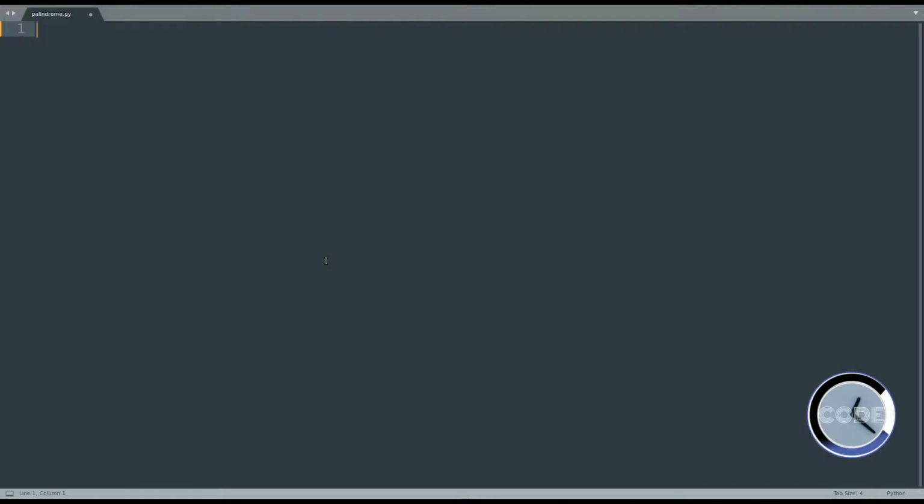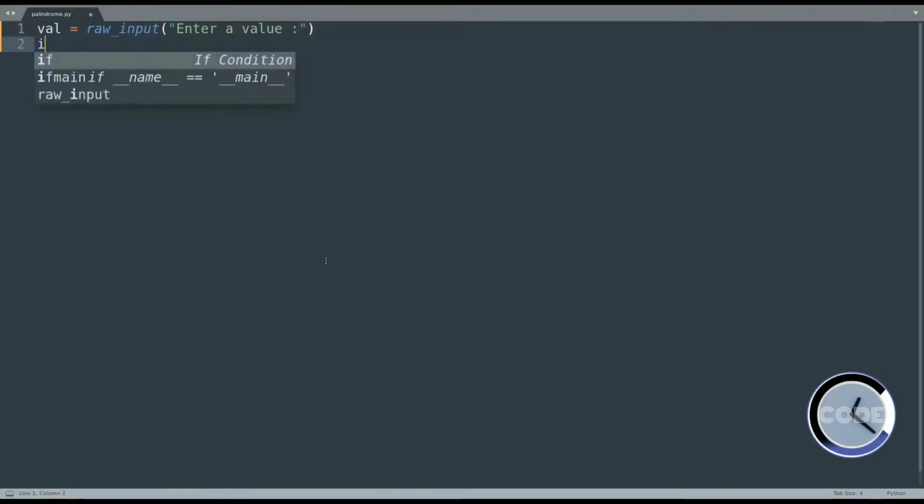Let's start our code in Python. Our code in Python is pretty small compared to our C++ code. First, we need to declare a variable named val, which would take input from the user with a message, enter a value. Next, create an if statement. If val is exactly equal to val of ::-1,